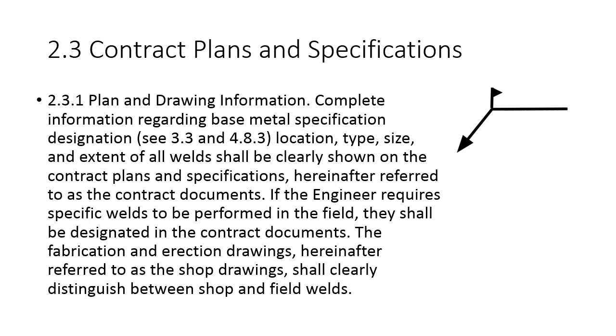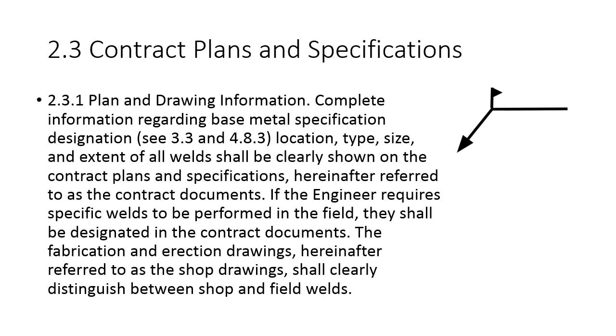So this is telling us, hey, if you're the engineer and you're putting together the contract documents, you need to tell us the base metal specifications, location, type, size, and extent of all welds. That all needs to be shown clearly. You can't just throw it to the contractor and say, hey, go cobble this together. You need to have the site and the size and extent of the welds listed in